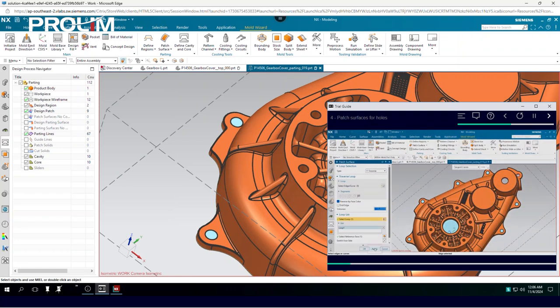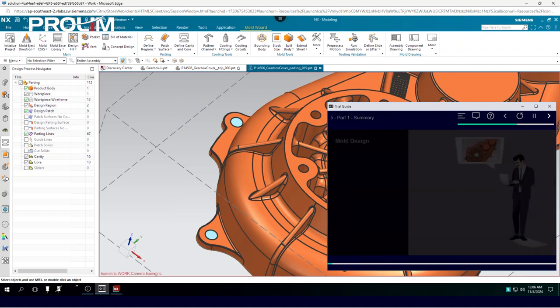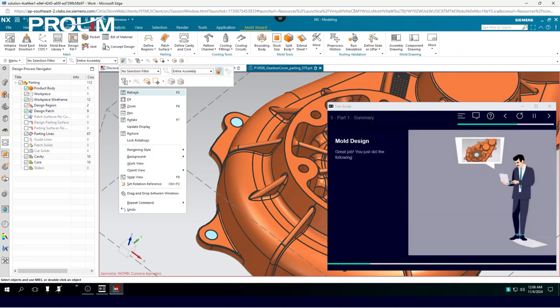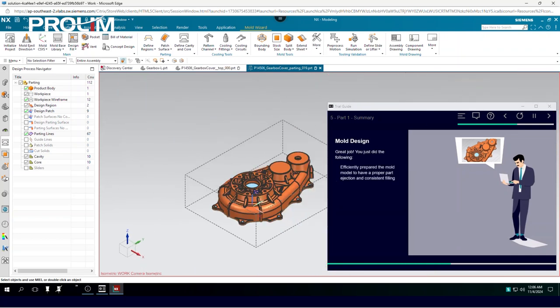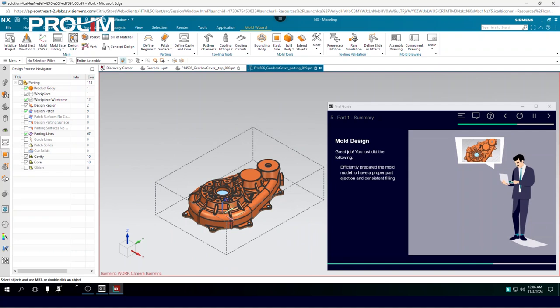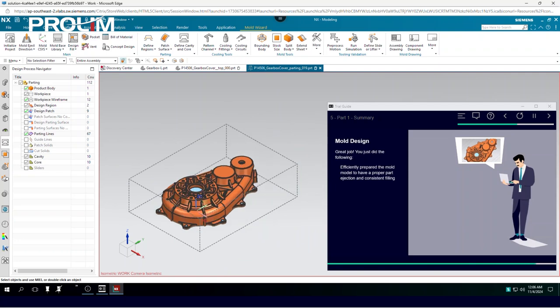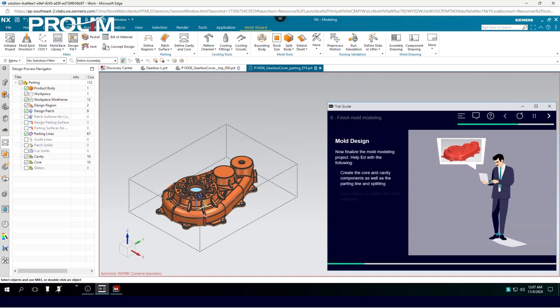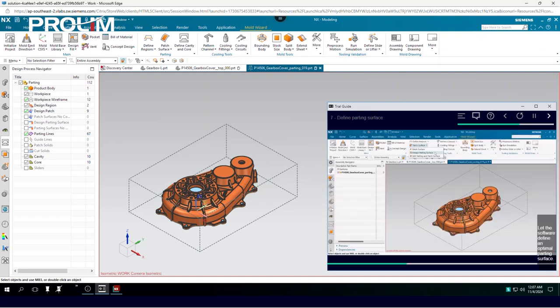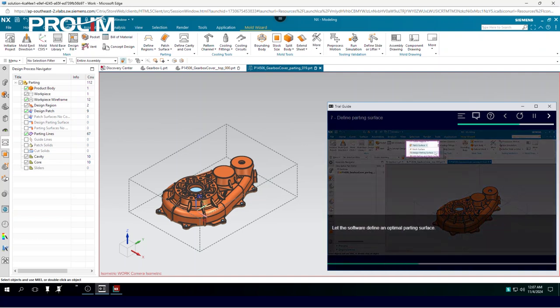And now we have come to a midway of this scenario wherein I will say orient this view to isometric, wherein we will be able to see the whole view. So I have made this window on the other side, right hand side, for us to view this page too. So here we have efficiently prepared the model. Then going further, I want to create a core and cavity. So how do we create a core and cavity? It is all